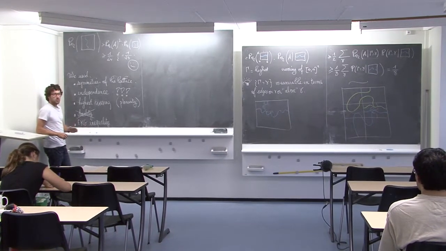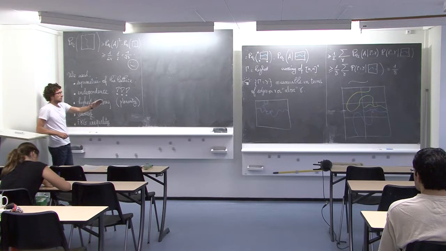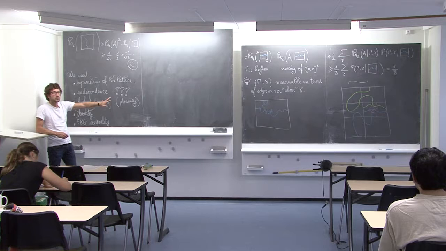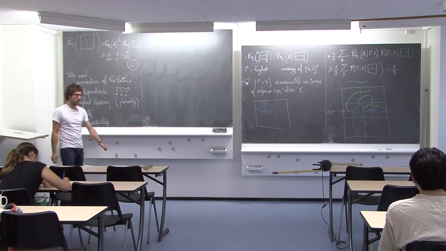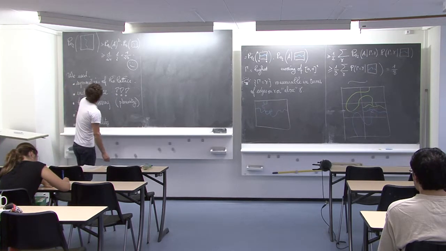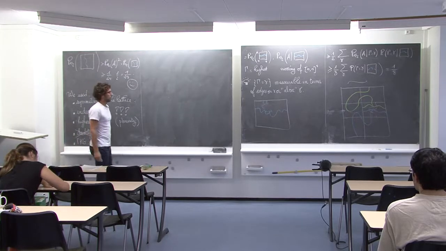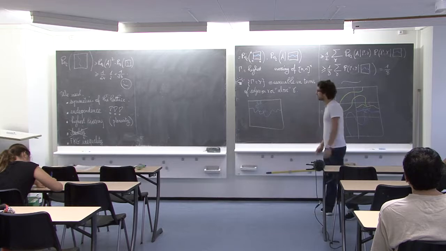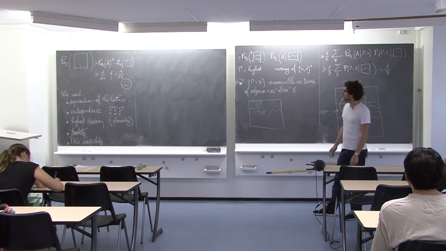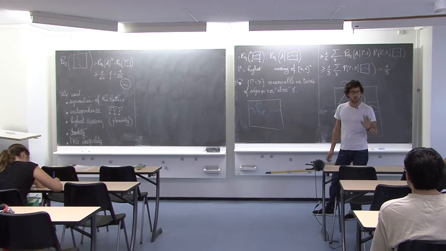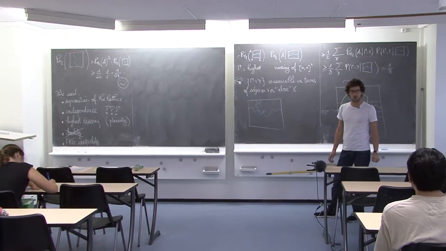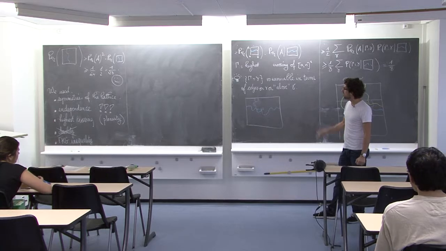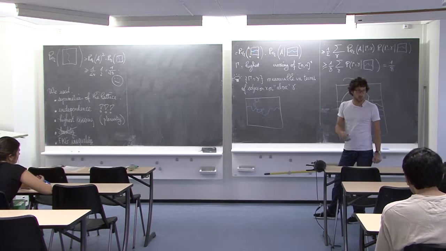Okay, and the FKG inequality, this also is very important. As soon as you want to combine events, if you don't have the FKG inequality, you are doomed. Basically, you can go home. Okay? So that was just a few commentaries on the hypotheses. Let me tell you a little bit, without proof, because you have a few of these in your exercise sheet, what you can do with the Russo-Seymour-Welsh theorem.